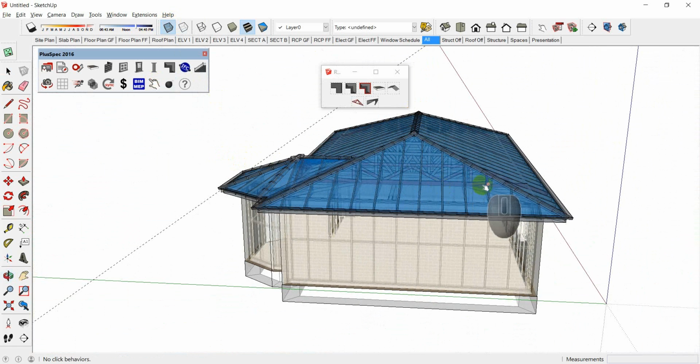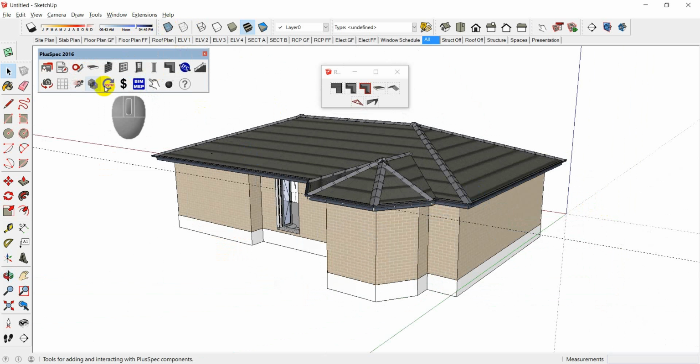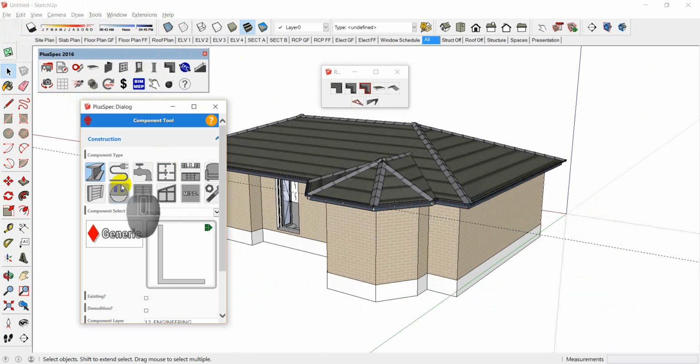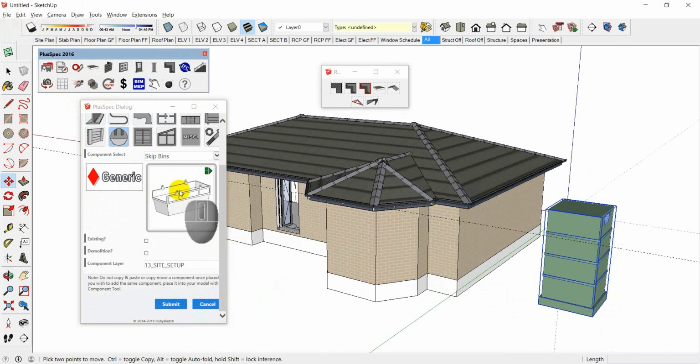Great way to do a quote, great way to show a client what they're getting for their money, but we know that there's more to jobs than that. So there's other things obviously involved, like framing hardware or site fencing or OH&S stuff. So we might need a toilet. Go submit, put it over here, scroll through these, skip bin,